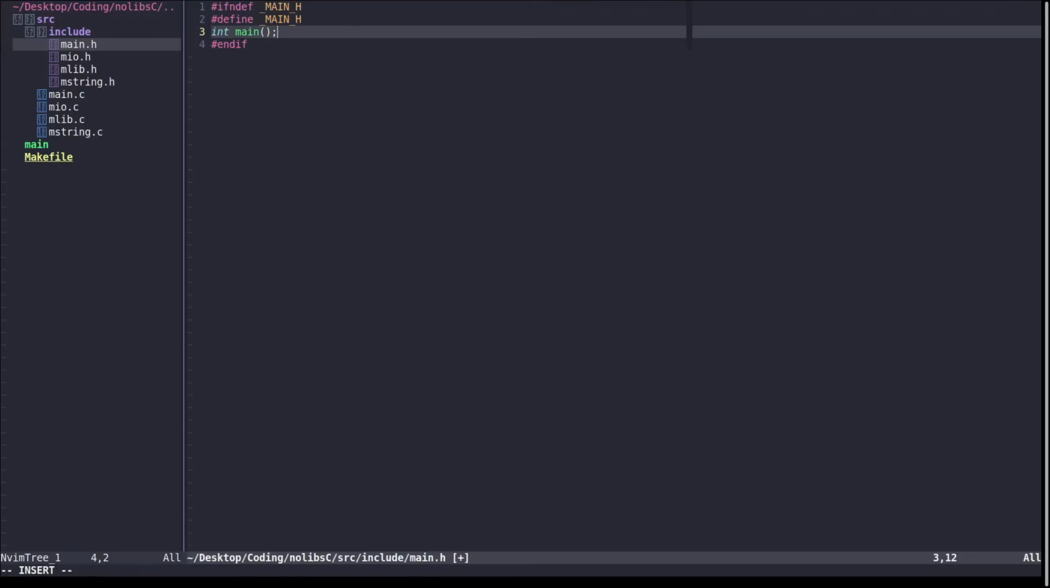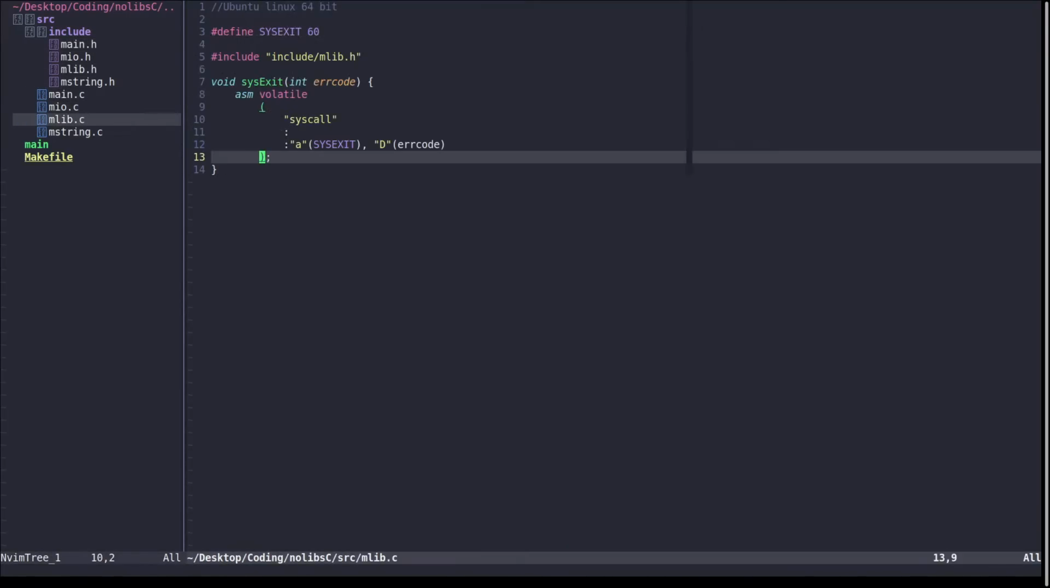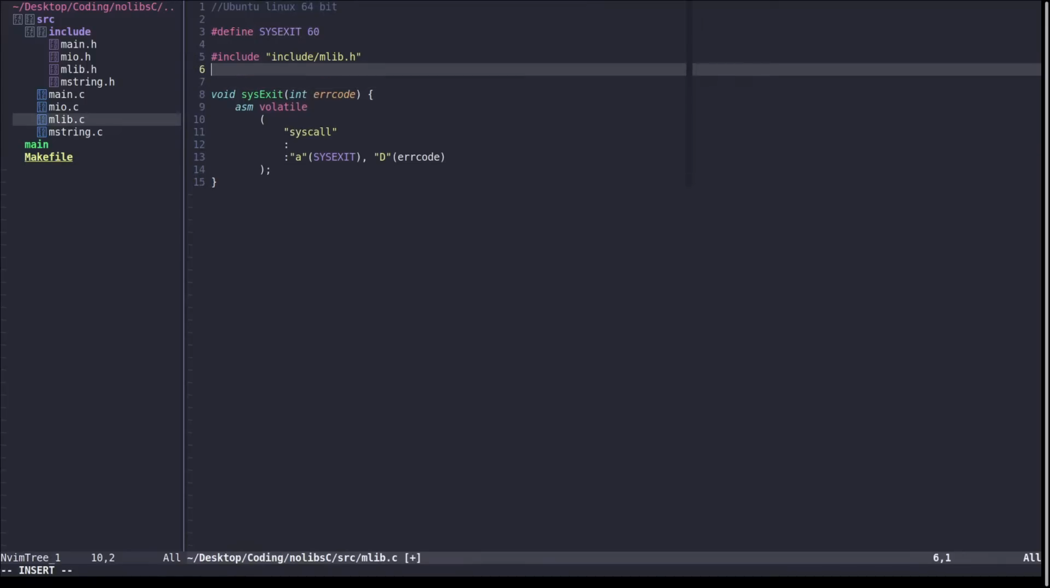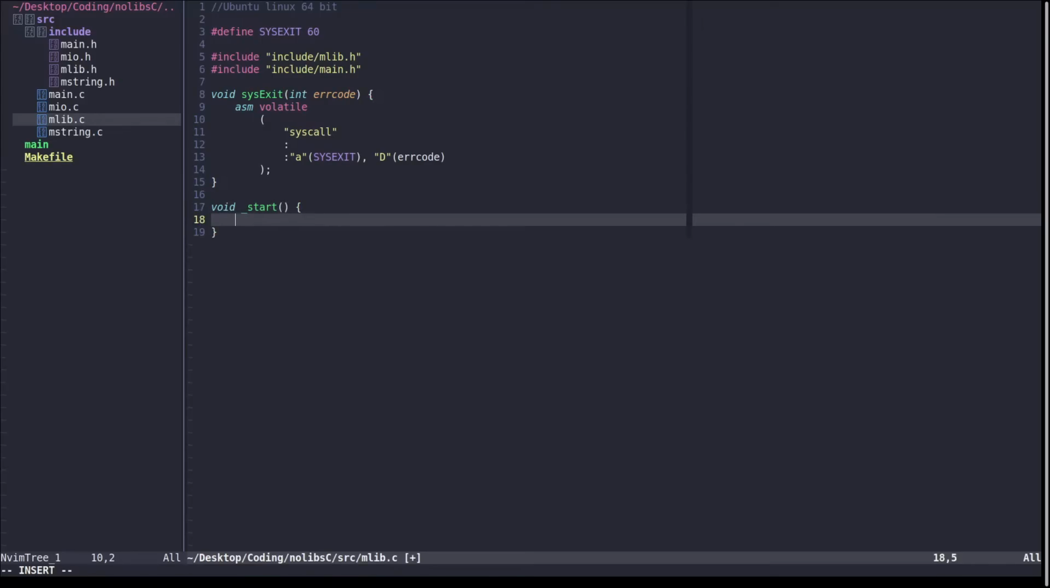So then, I'm assuming let's do this inside of mlib. Right. So write to that, and then let's go into mlib. Oh god damn it! Why am I in visual mode? No, I do not want to be in visual mode. Let's go to mlib. Let's include slash main, and then void underscore start,